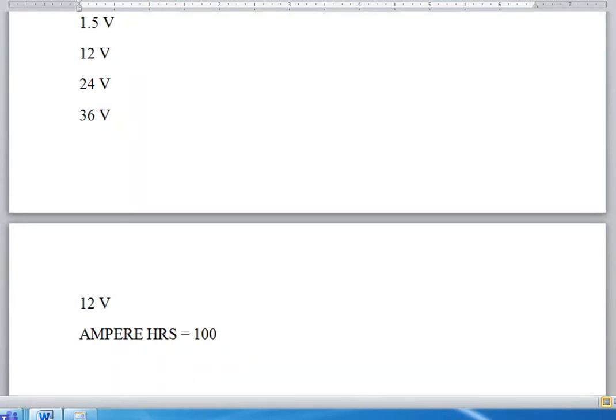So here 100 amperes for 1 hour it is there. So now the point is what? Yes, it is 12 volts. So what is the total load capacity? That is 12 volts multiplied with the 100, and unit is what, sir? Ampere hours. So this will become, you know what it will become? 12 into 100 is 1200, and then unit will become volt amperes hours will become watt hours.